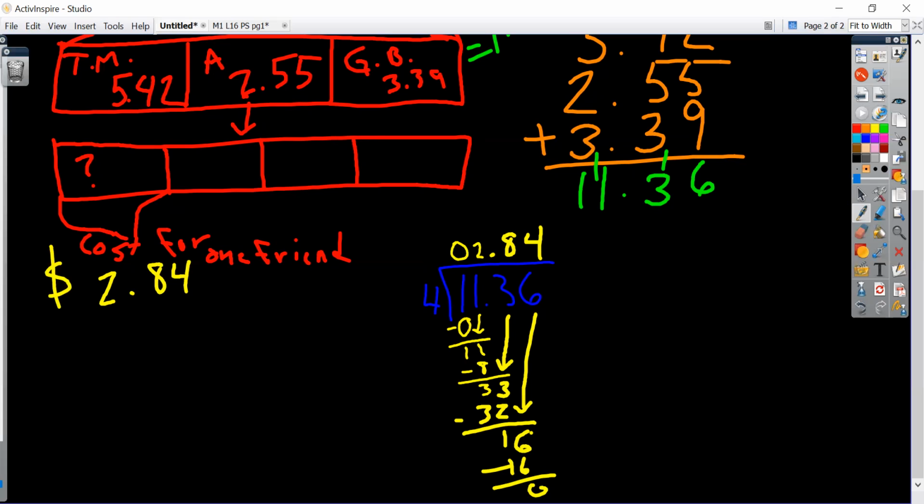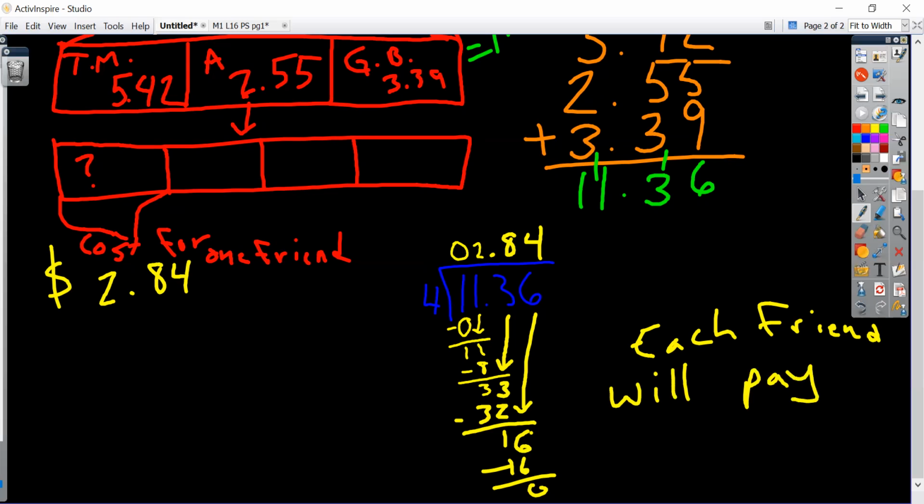So now we need to put that into a statement. So each friend will pay $2.84. Perfect. All right, so now that we've warmed up with that application problem, we are going to move on